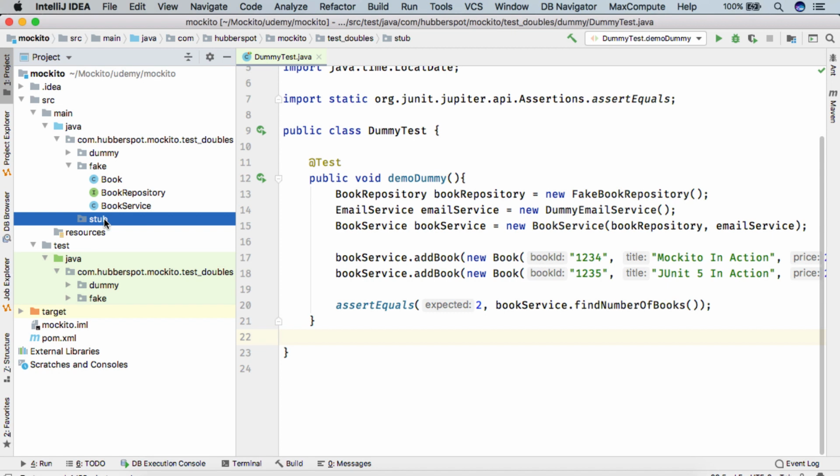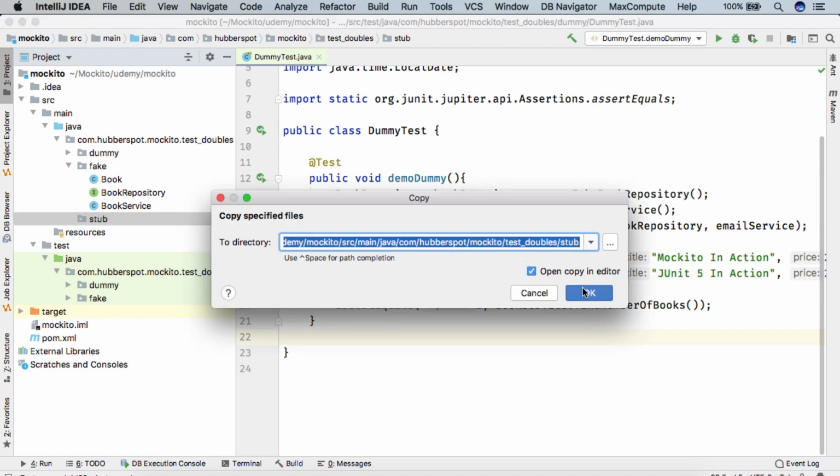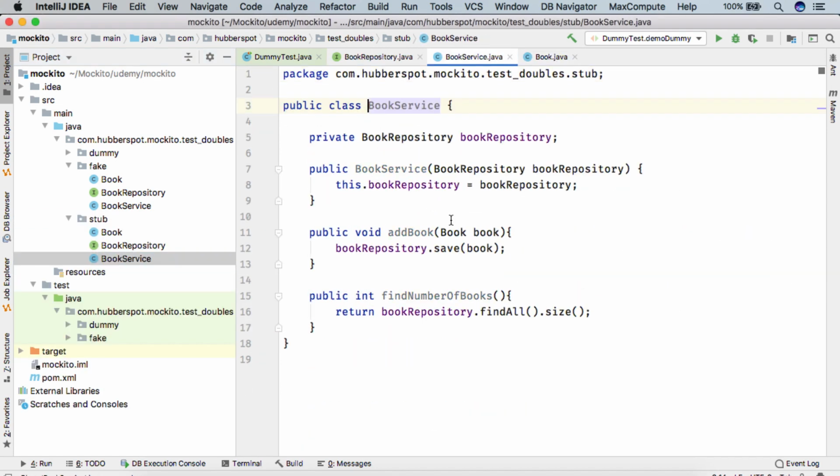I'll copy and paste them into the stub folder. Here you can see that the book service class has a few methods. In add book, we are simply calling the save method of the book repository class, and in find number of books we are simply calling the find all method of the book repository class.